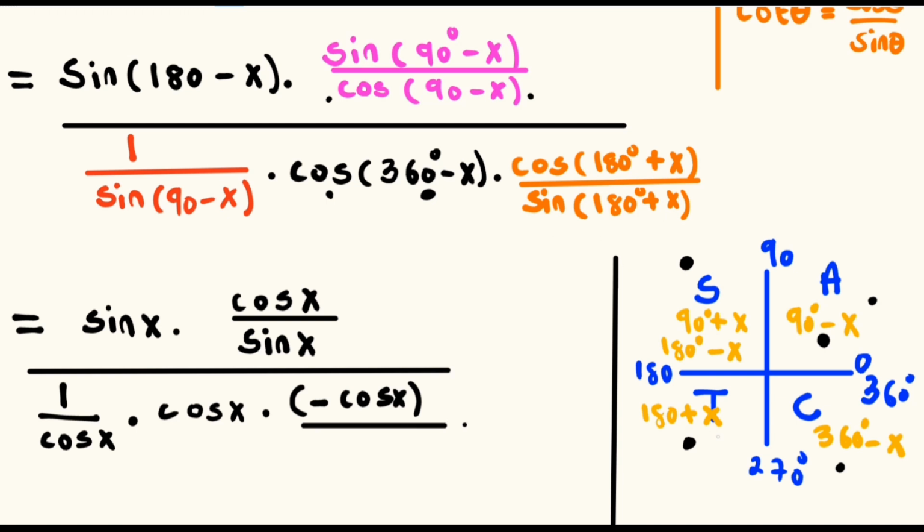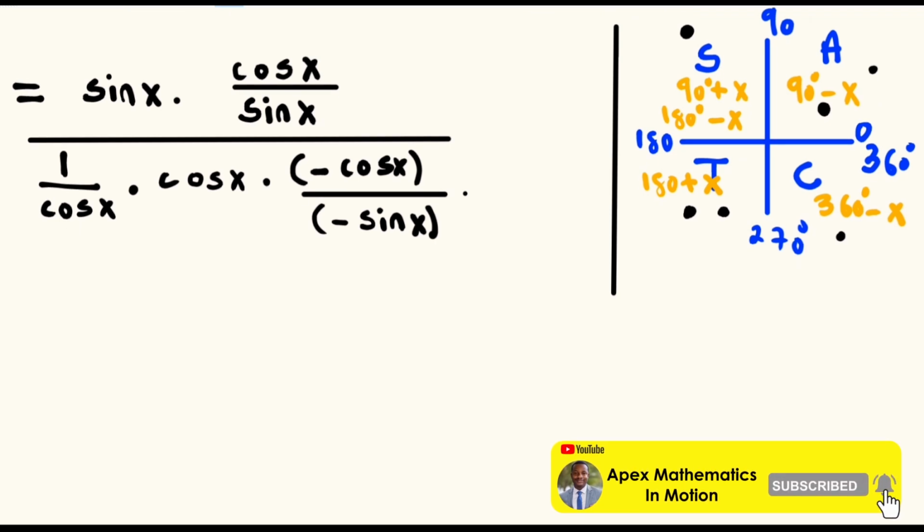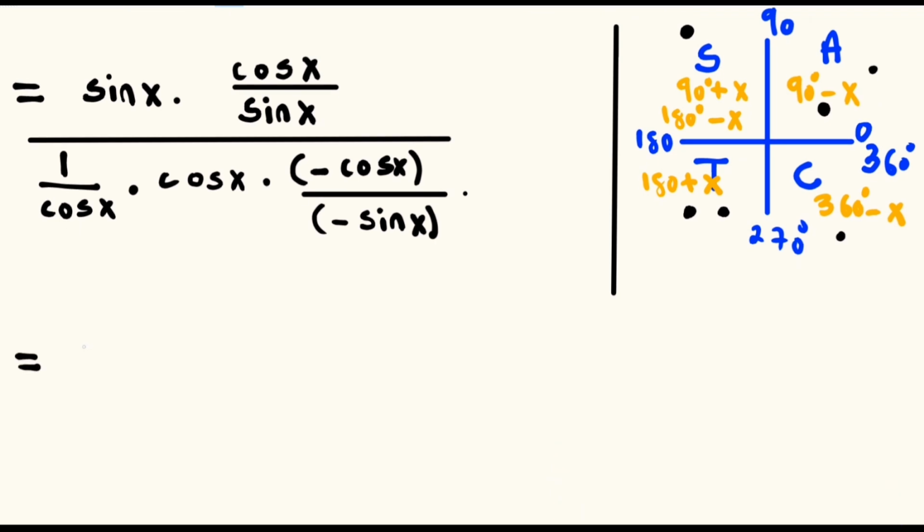180 plus x is in the third quadrant, and it's only the tan which is positive in the third quadrant, so that will be negative sin x, and this will be equal to the sin x multiplied by the cos x divided by the sin x, which is equal to cot x